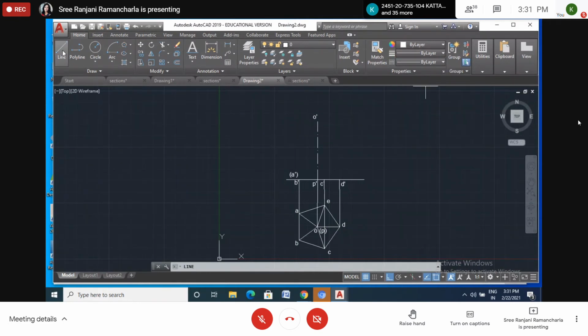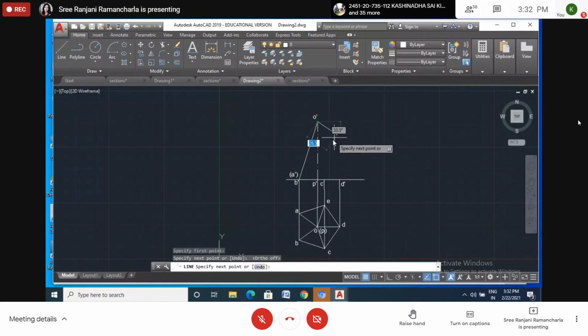Now go to the line command and draw the line. So AO. Here A is there, so from here to this one. It is coming like this. Why? Because ortho mode is on. So remove the ortho mode, then draw like this. Okay, now enter. Now another line.